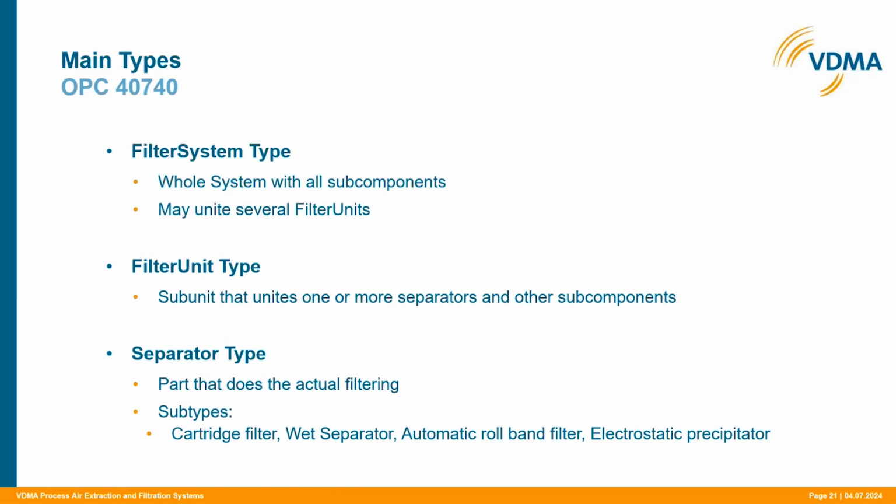So this is the explanation about the topics around the filter system type and the filter unit type that I just talked about. And now let's focus on the separator type. This is the part that does the actual filtering, and we use 4 different subtypes. The cartridge filter is the generic subtype, the subtype that does not use any specialized variables or data, whereas the wet separator, the automatic roll band filter, and the electrostatic precipitators are